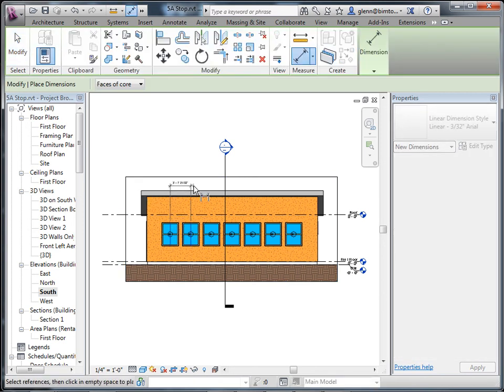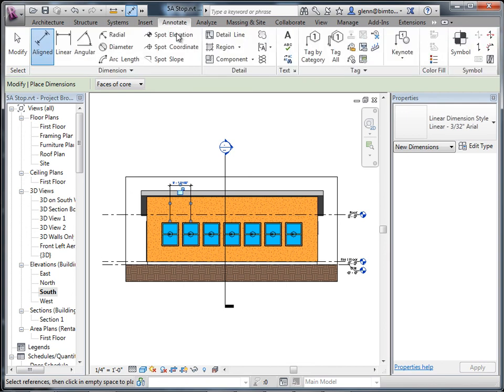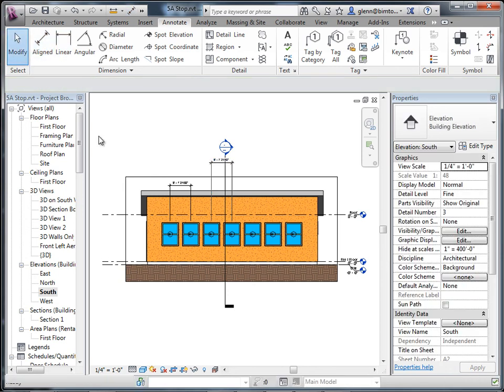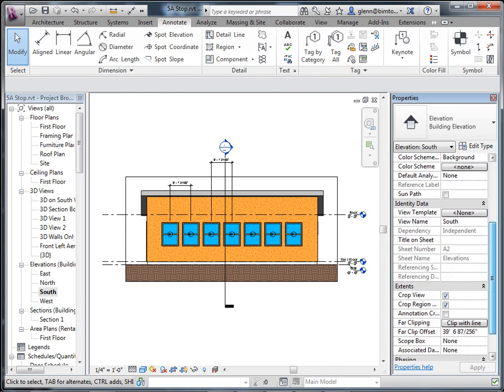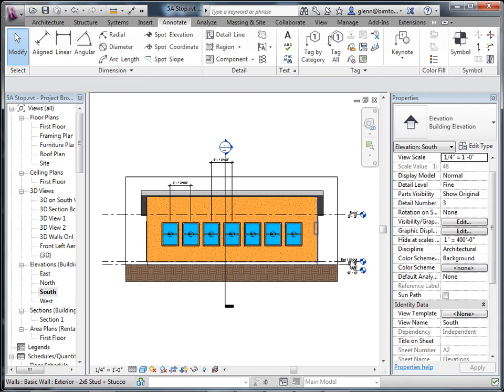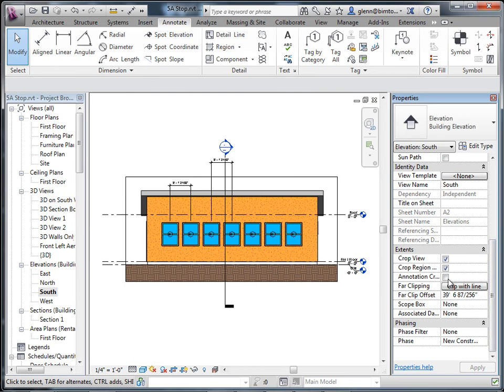To put a dimension in here, as long as it's inside the crop region, everything's happy. If I go through and put that thing in out here, and I pull out, oops. Looks like it's still happy. I think it's because I changed something already. Every view has the option of whether you want to crop the annotations or not. By default, annotations stay on. If annotation cropping is turned off, right there,